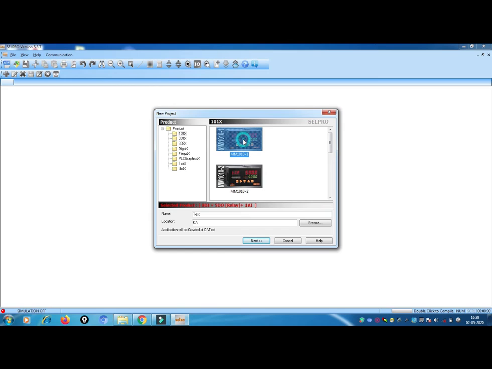Okay, so I will click on that and see here you have to type the name of your project. Today I will show an AND gate. Okay, I will write my project name as AND gate. If you need to know how to write the AND gate, how to do the ladder diagram, then you can go for my video. Next, you compulsorily have to give the location. So I gave C drive. And next, go to next.